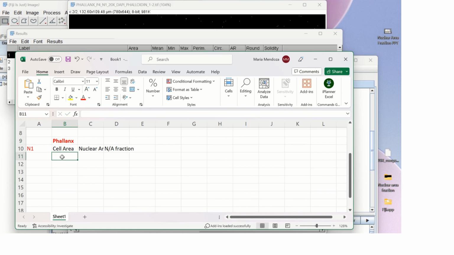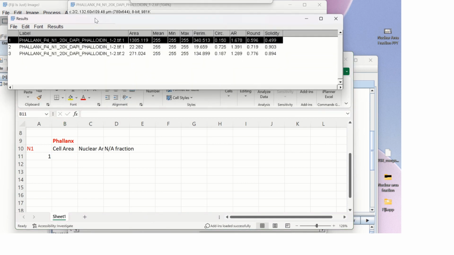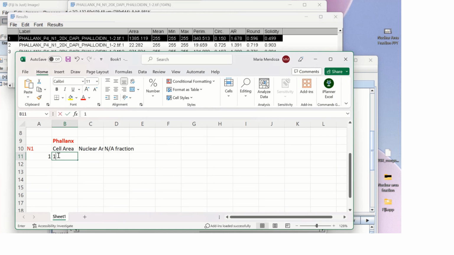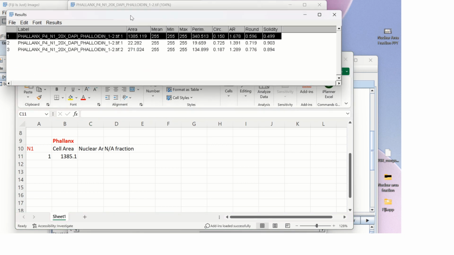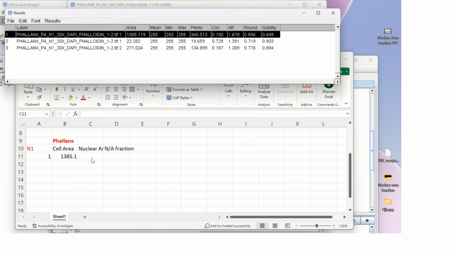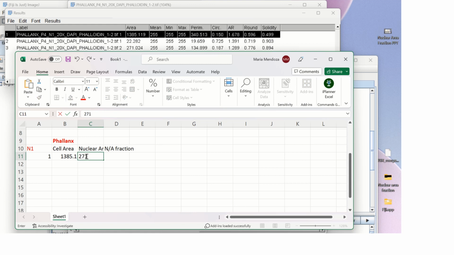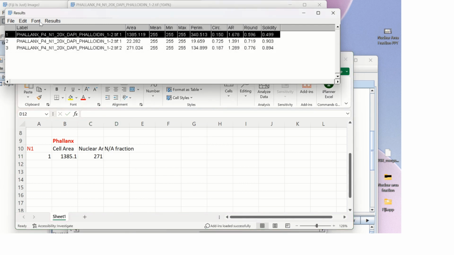So this is our first one. So we'll put numbers right here. So this will be 1. And then this is our first cell. So 13, I already forgot. 1385.1. Okay. And then the nuclear area was 271.0. Okay. And this table, you're going to have to go to File, Save As, and save it as a